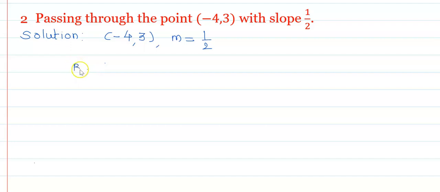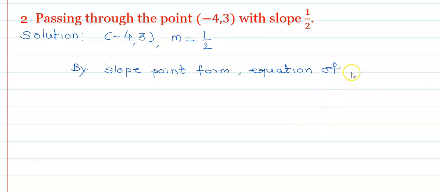Therefore, by the slope point form, the equation of the line is